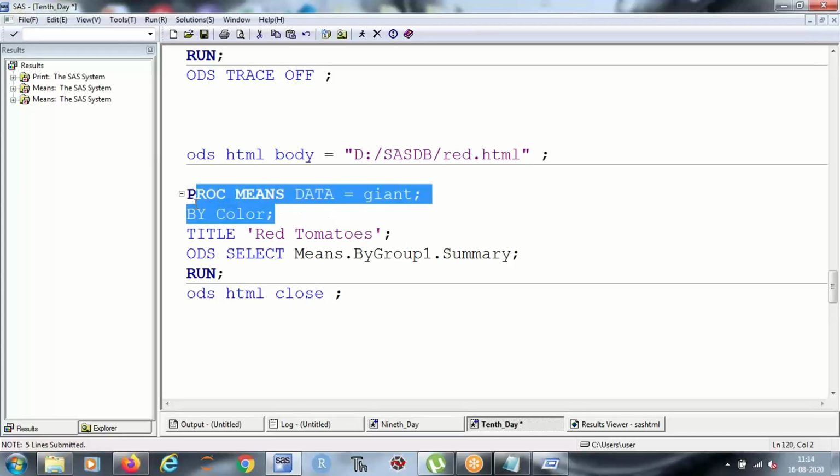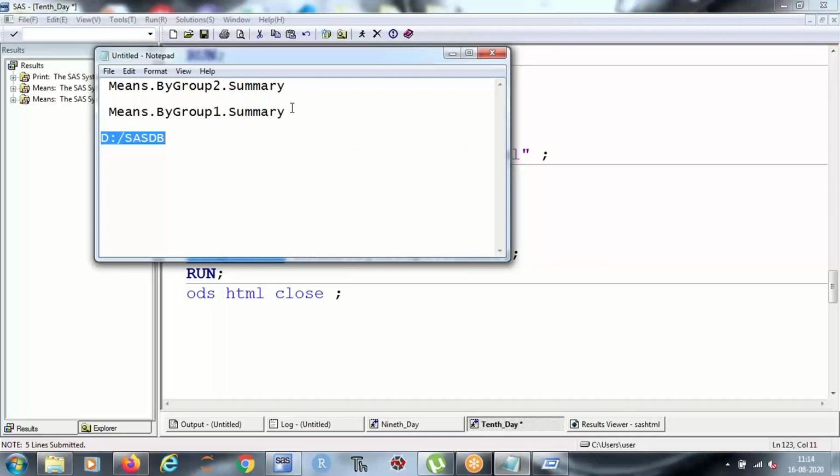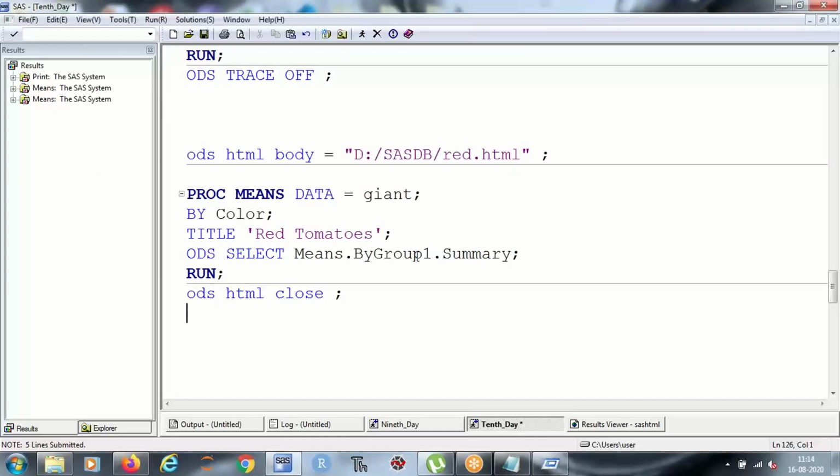The same procedure, right? This is a heading, so nothing to do with the program. ODS select, these are the keywords which you need to use, and the name of the object. So you copy this, you paste this, run. The only thing which you need to remember, which is different from previous examples,